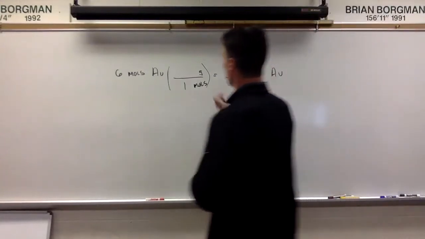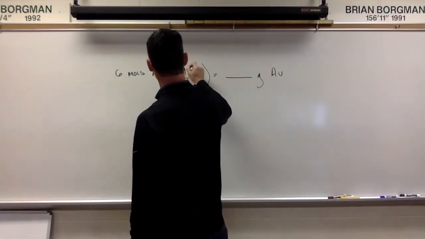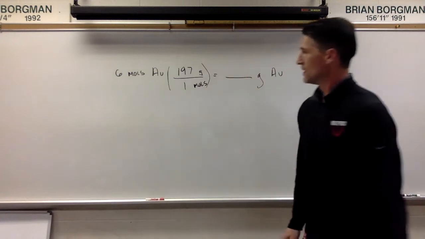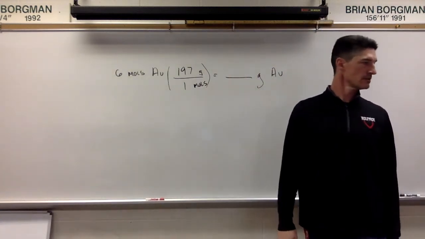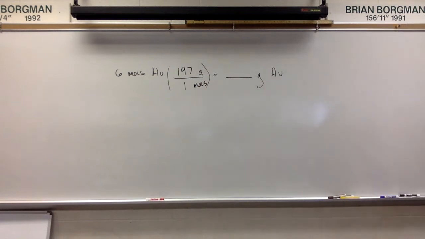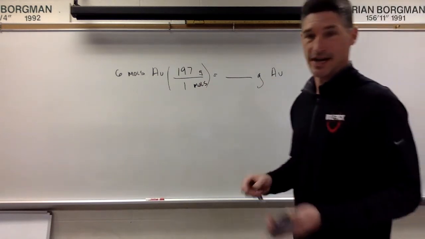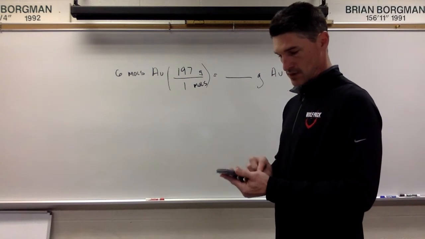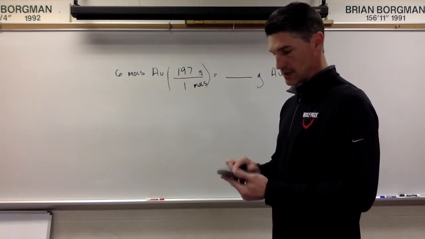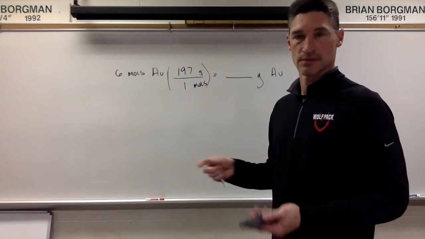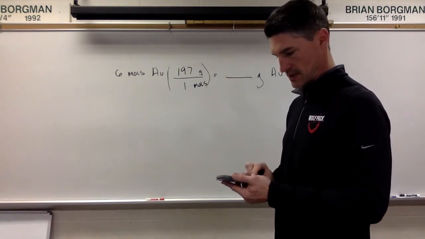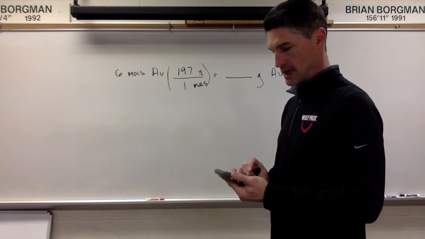So 197 grams. Now all I have to do is multiply these two numbers across. I have a calculator right here. So 197 times 6. We're not using Avogadro's number yet, because that's for atoms, and we'll use that in a second. So 6 times 197 gives you